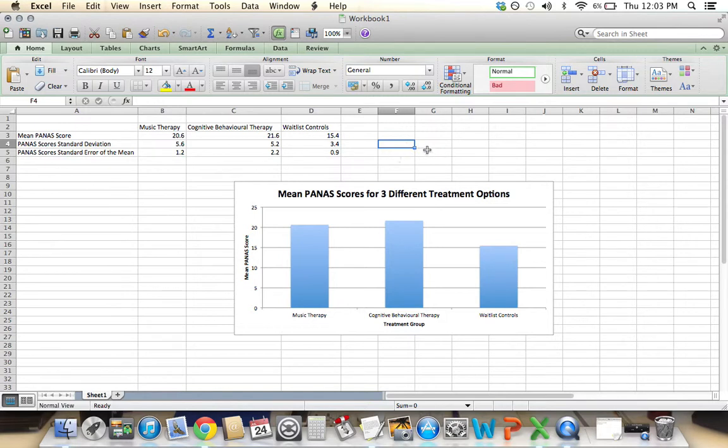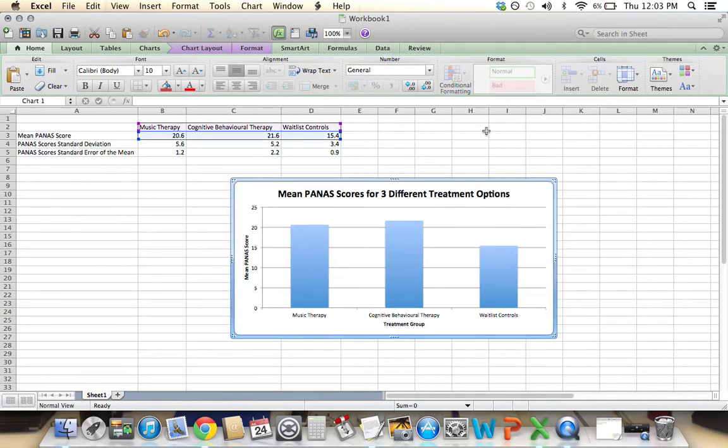So you may be wondering, how is it that you create an error bar whose size matches the magnitude of either the standard deviation, if that's what you'd like your error bars to represent, or the standard error of the mean, if that's what you'd like your error bars to represent. And the way you do this is actually not that hard. I'll show you how. So the first thing you want to do is select your graph, and we've already made